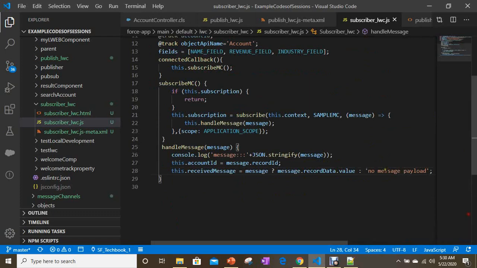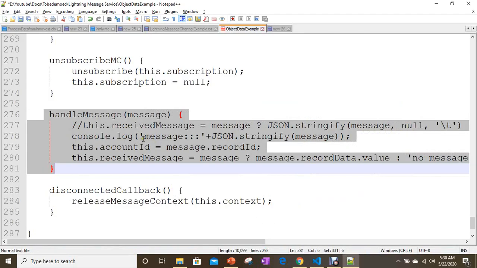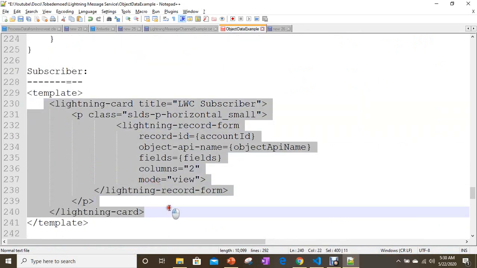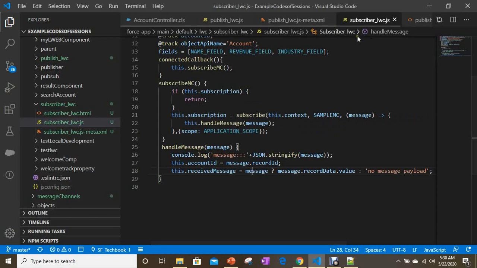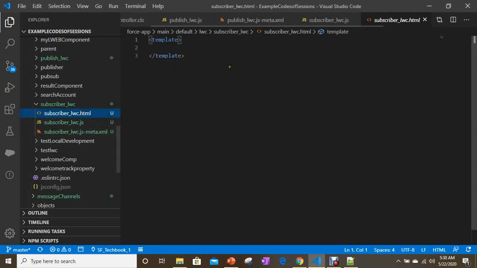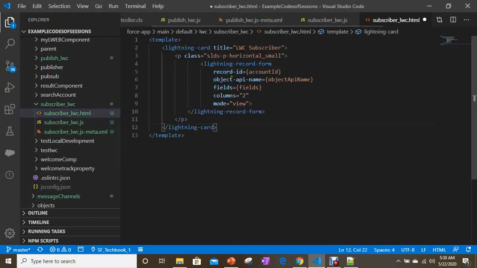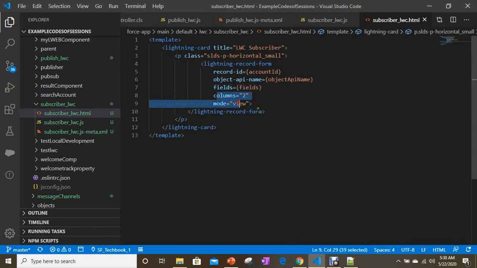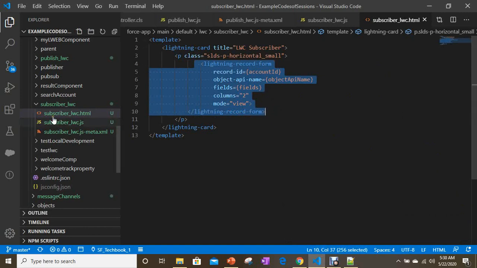Now let's prepare the template, our user interface. Where is that user interface? Yes, simply. So here I am passing the account ID, which I am getting through subscription, and the object API name, that is account, and the fields I imported, columns 2 and mode view. This is a Lightning Data Service based component, right?